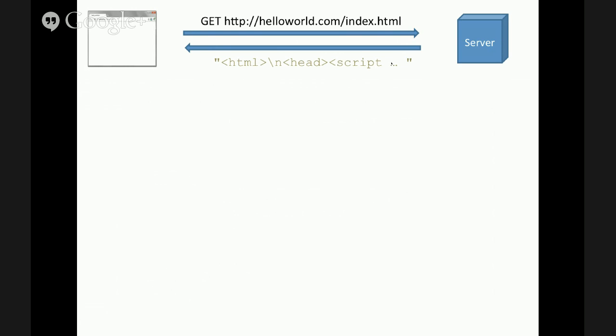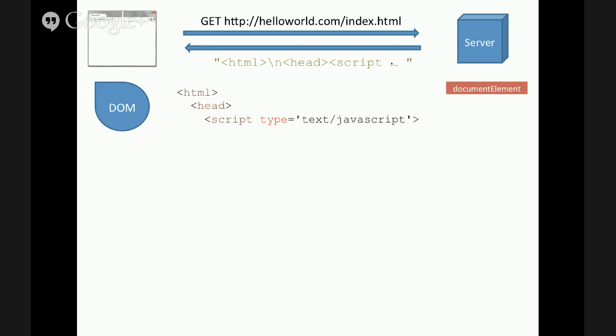And what the browser is going to do is pass this string over to its DOM engine. DOM is Document Object Model, again. And what the DOM is going to do is parse this string and read it and understand it as HTML. And as it reads the HTML element, it's going to build a document element. And as it reads head, it's going to append a head element and so forth until it gets to a